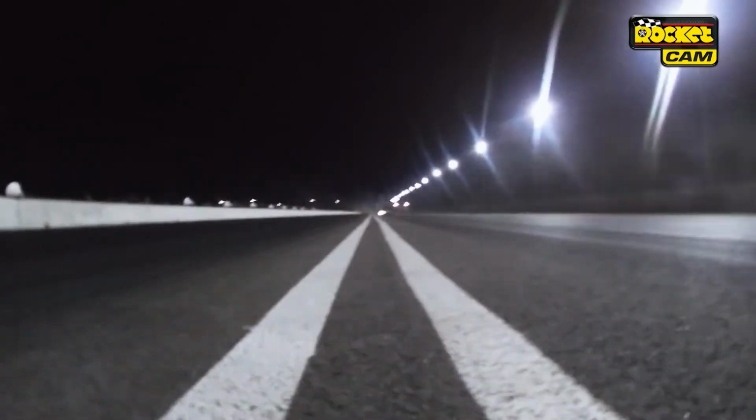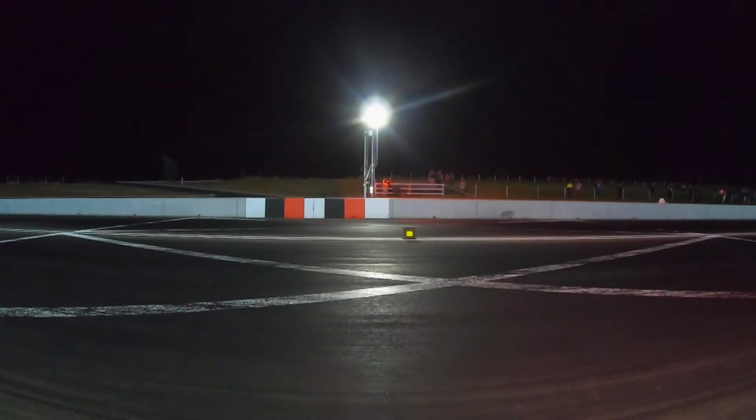Just got a little near the wall. Again on that right-hand side. Got it done. Nice job. Yeah, third run of the night. Look, that was on a mission. Like, it just launched so much better than the first pass. And look, top end it was skatey, but held on to it, and yeah, couldn't be happier really with the